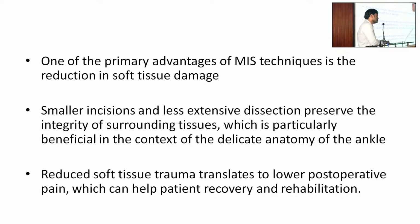Put a slab and leave it like that for 2-3 weeks, which is the time taken for developing the wrinkle sign. Would you put a slab and wait for the edema to subside? No, sir. By the time, the soft tissues, muscles will get contracted, including the ligaments around the joint, and at a later date when you want to do definitive fixation, you will not be able to reduce the